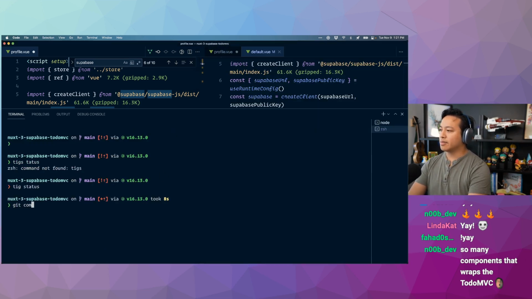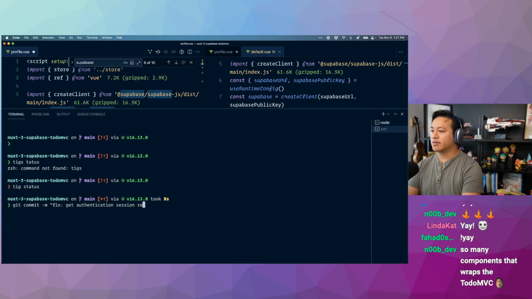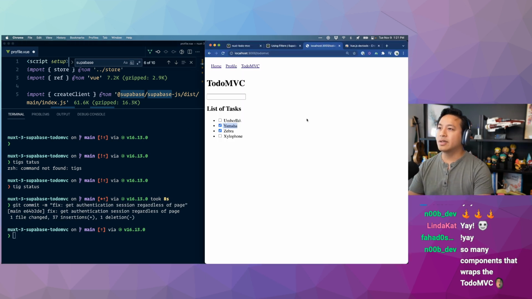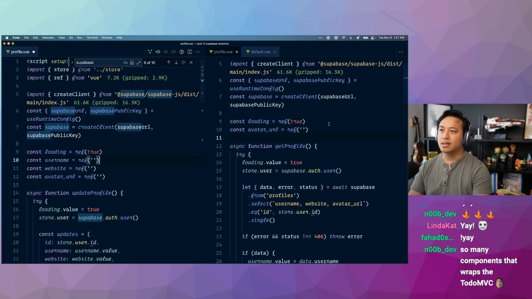Okay, so let's see. Commit, fix. What do we fix? Need to visit profile page to get user credentials. Actually, that's not a good commit message. Fix, what was the fix? Get authentication session regardless of page. Great. And then the last thing we need to do is all those transitions that are yelling at us